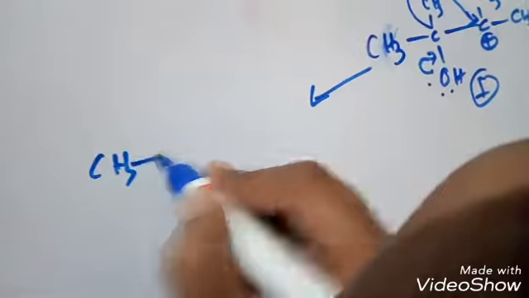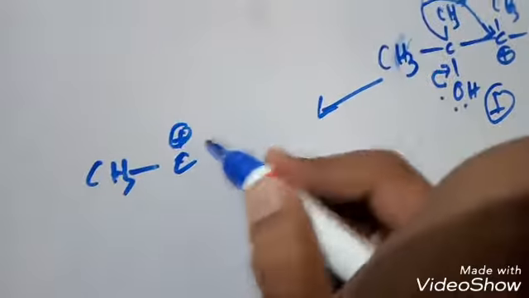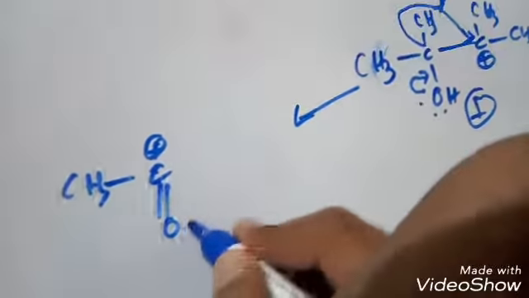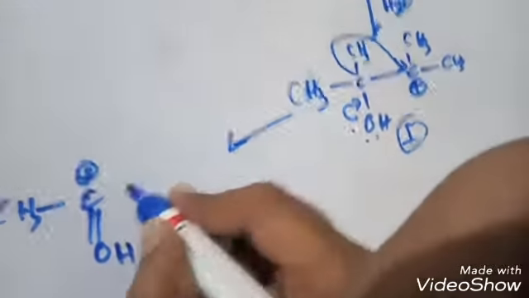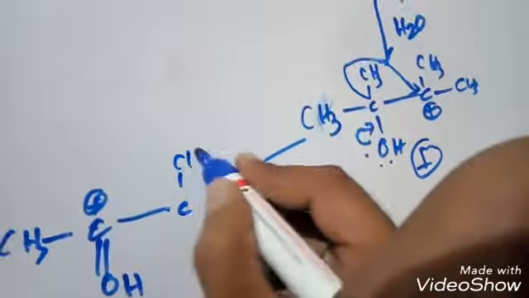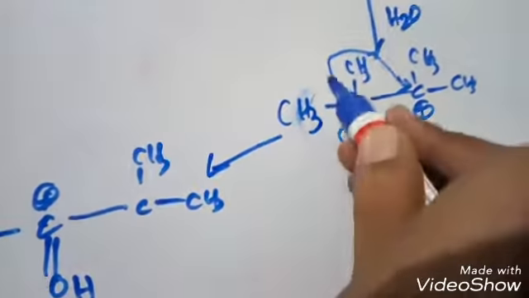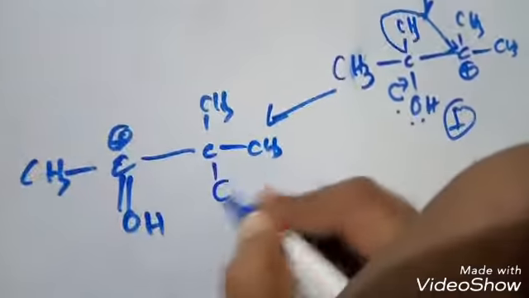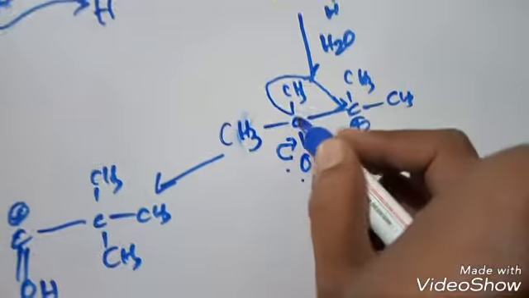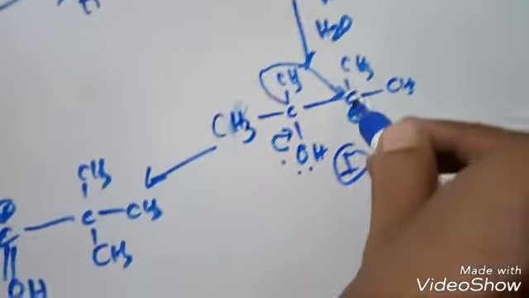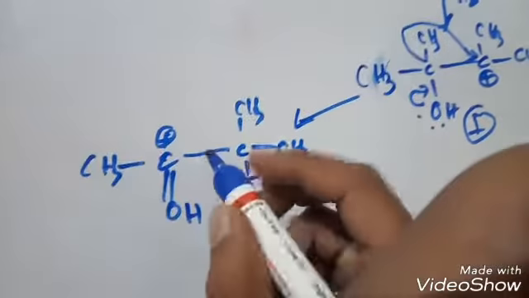CH3, because this carbon is gone, this carbon will now have a plus charge. OH double bond, here is the shared electron, so double bond. Then here CH3, this OCH3 plus this CH3 attached to this carbon. Okay, now what happened is that the methyl group is shifting from one carbon to the second carbon. First carbocation here, and here we are seeing